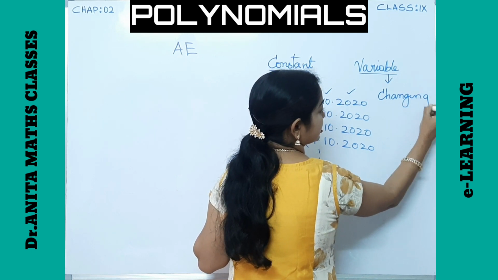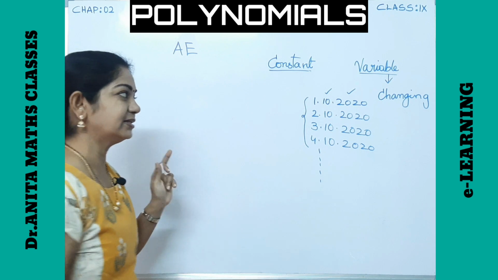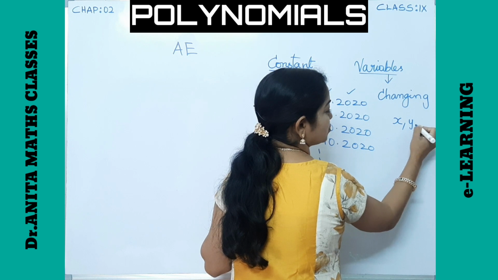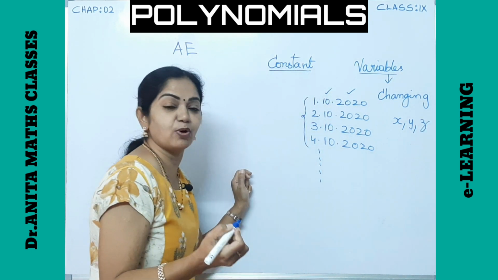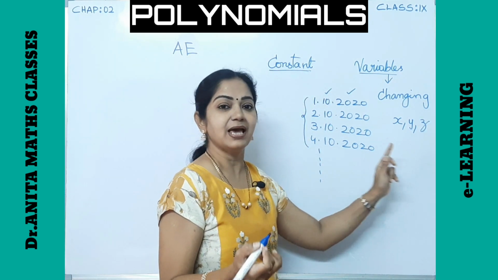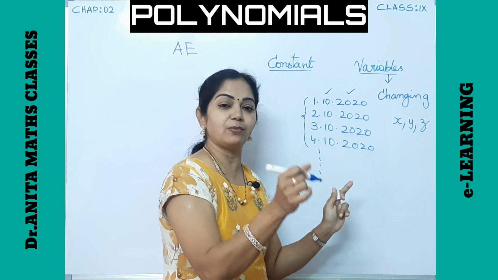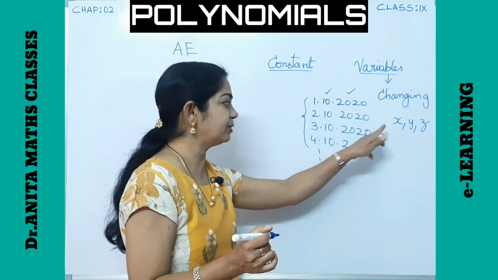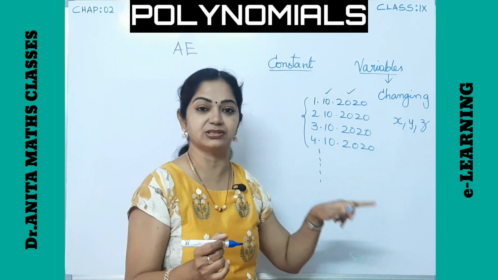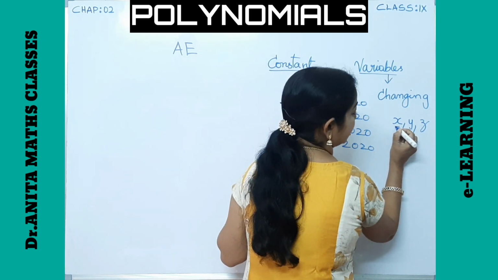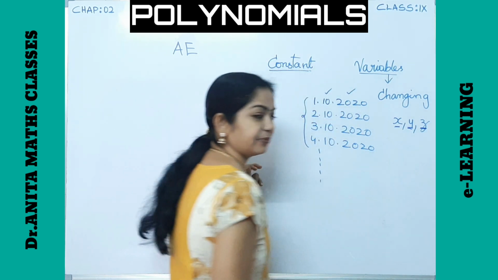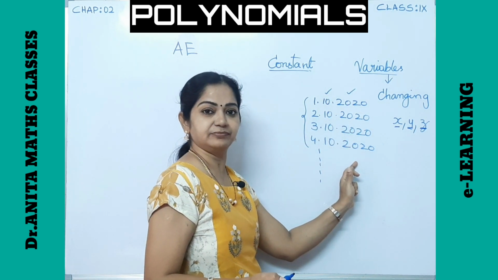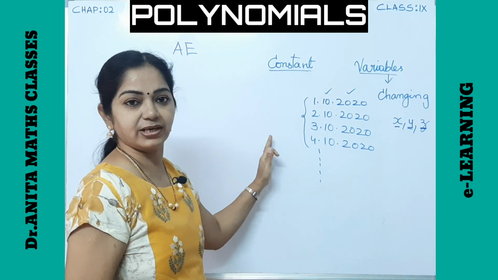So it keeps changing according to the situation. In variables we take, for example, in mathematics we take x, y, z, all that, a, small b. These are the variables, and the values we put in. If you take one value, the expression changes to one answer. If you change the value of x to another value, it keeps on changing. So the variable is that which keeps on changing according to the situation, but the constant is a fixed number as the month and the year here, right? So a fixed number is called as a constant.